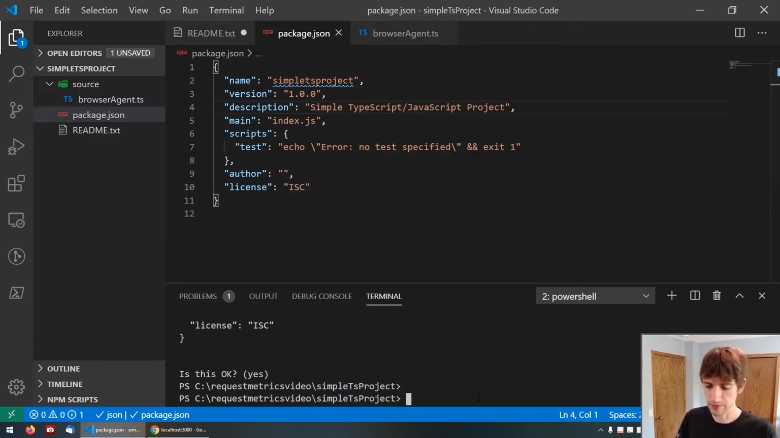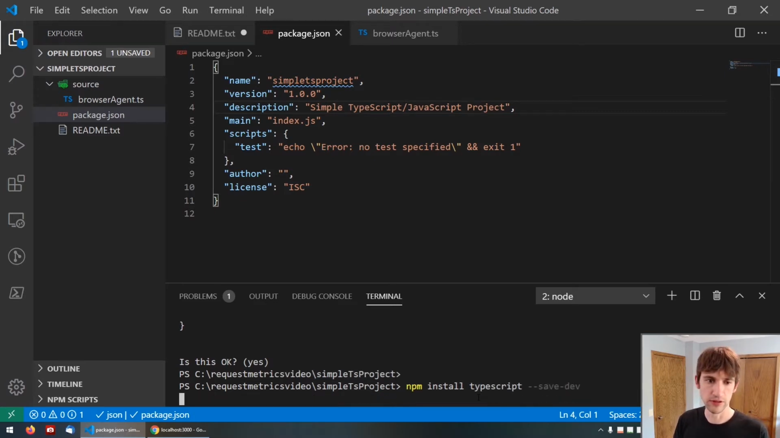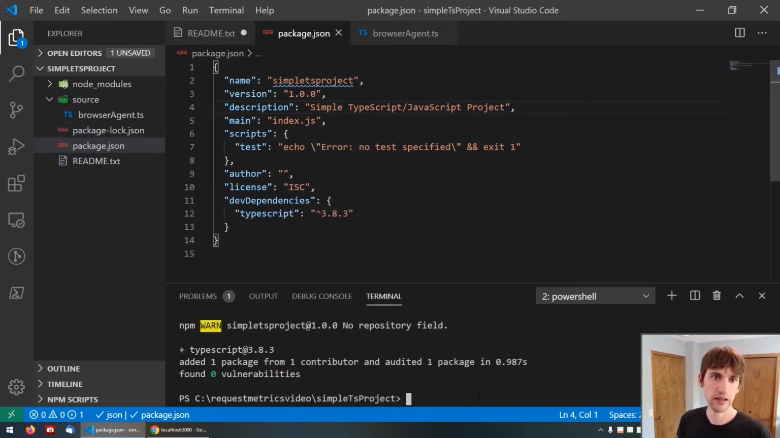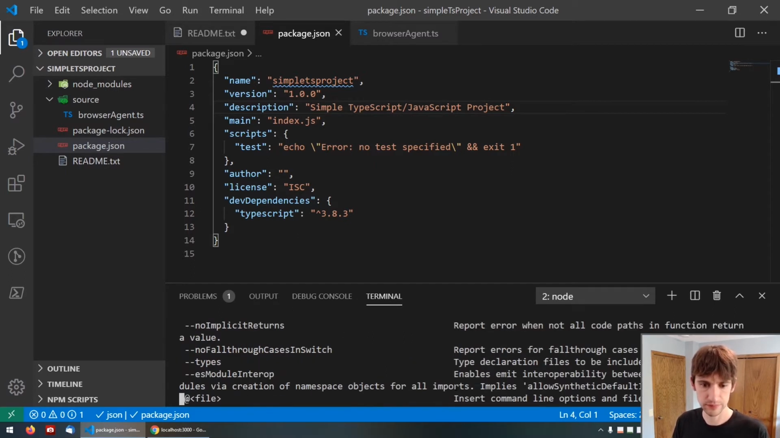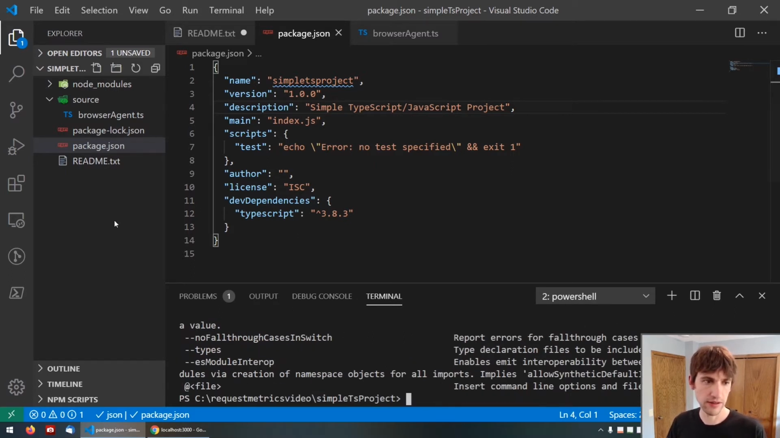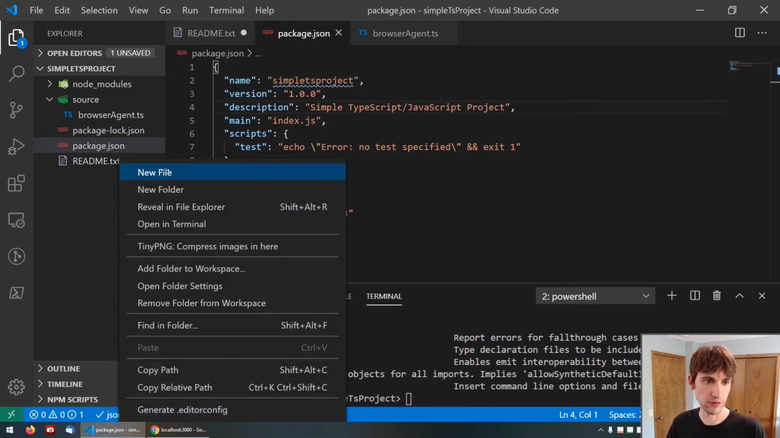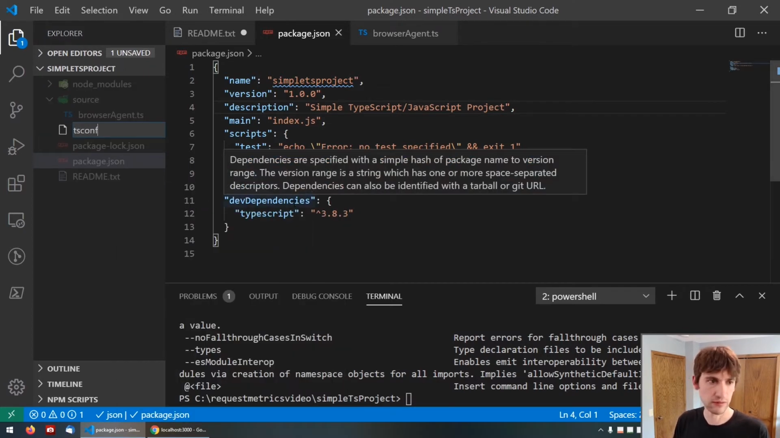Now we can install the TypeScript compiler. And we'll save to dev because this is not a production dependency of our browser agent. We should have a TypeScript compiler now. However, it's not compiling because we need to tell it what to do. So we'll make a config,